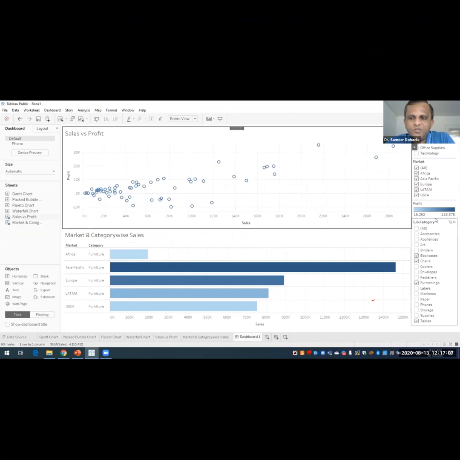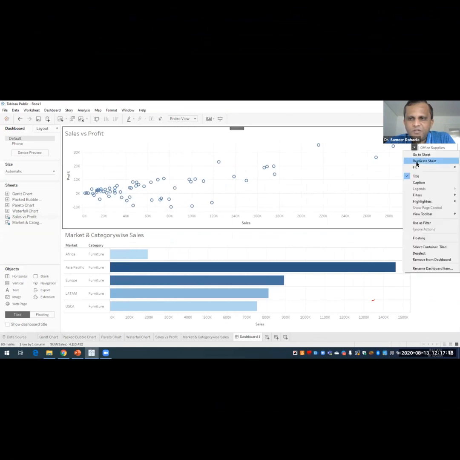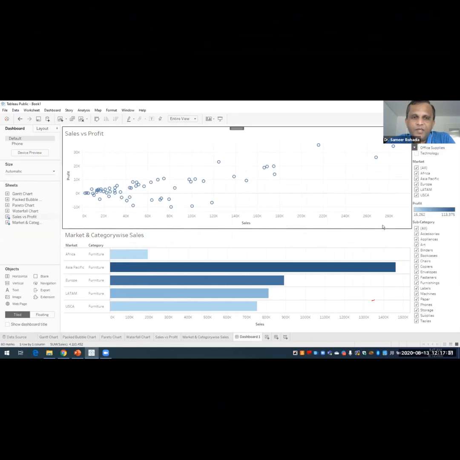Even if I remove this subcategory filter from the dashboard, and then go to the first sheet, click on more options and go to filters, I am still able to see the subcategories. I can also add segment. I click on subcategory and I get the filter.